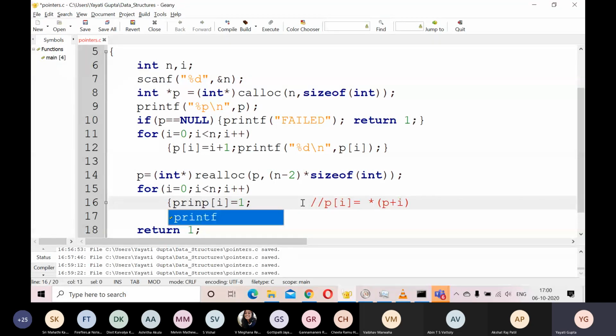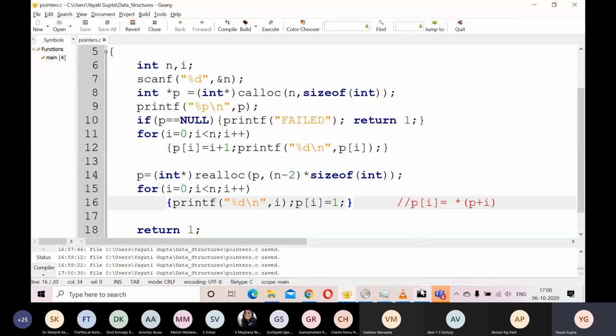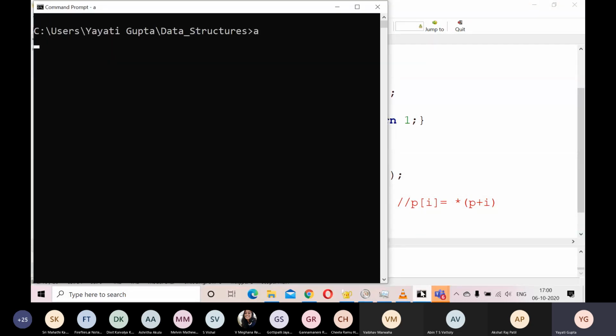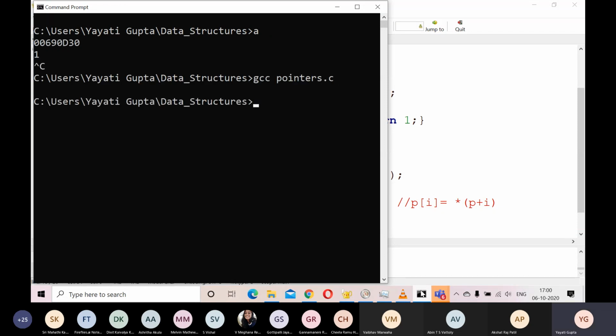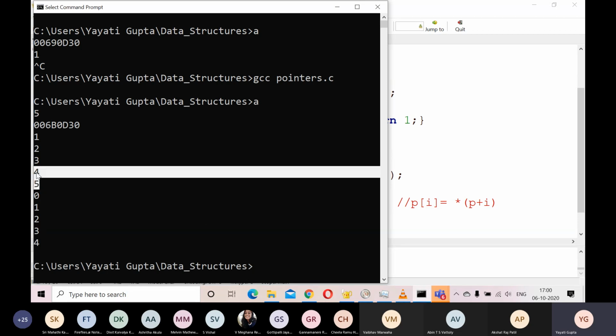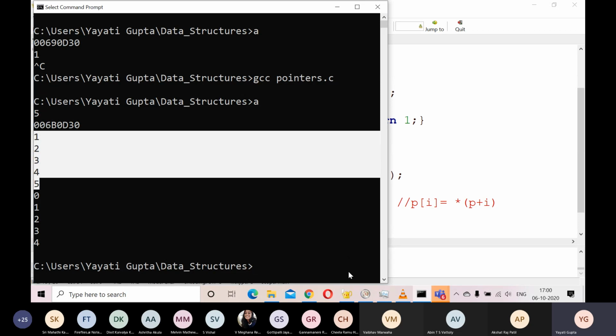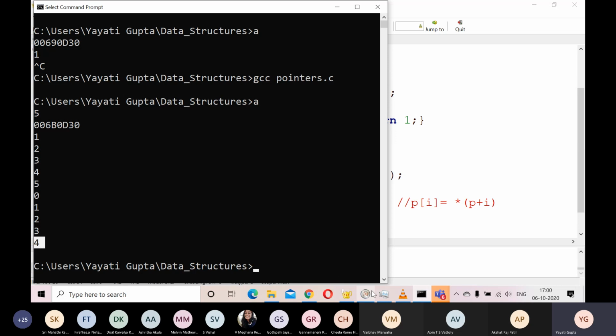And let's have a printf loop here so that I know how many times it is running. So what I'm doing is every time I'm printing the value of I and I'm trying to change what is there at that location. Okay, so you see, if we do it back, there has been some problem. We have 1, 2, 3, 4, 5 here, but when we are trying to change it, it has abruptly ended at location 4.